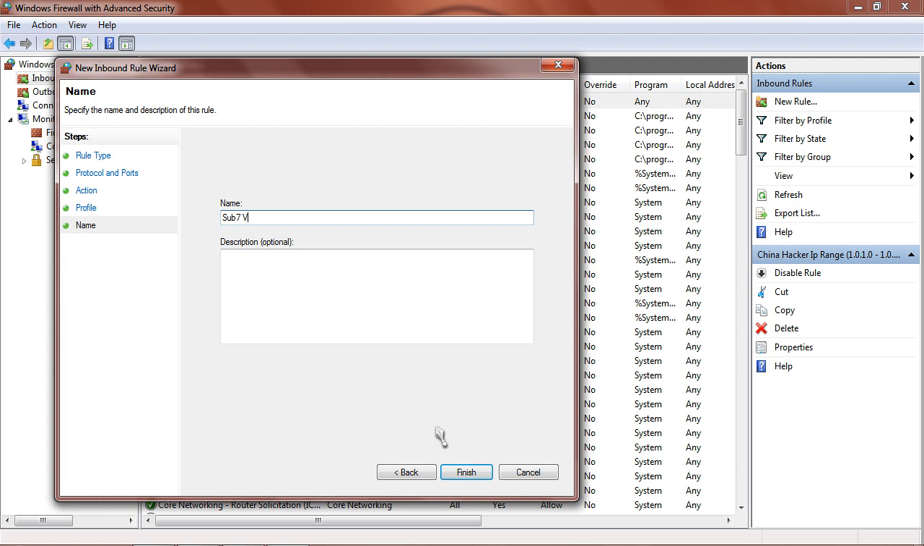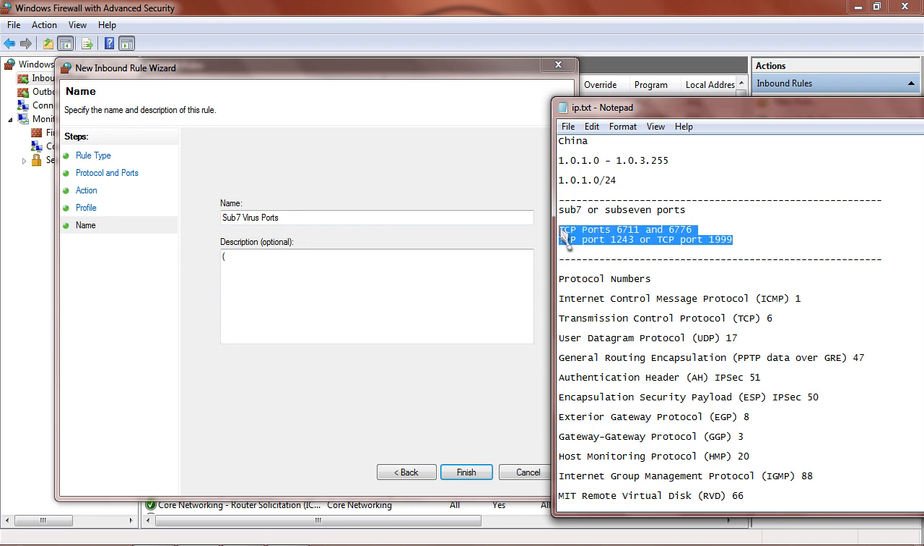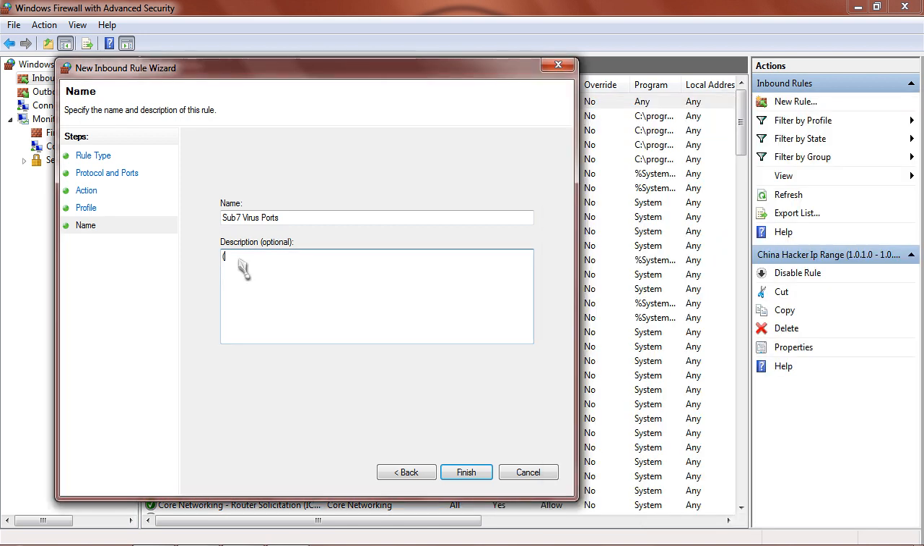Sub7 virus ports, and you could just leave it at that. If you wanted to put a description down here, you could come back in, copy this, clean it up a little bit. May seem a little anal